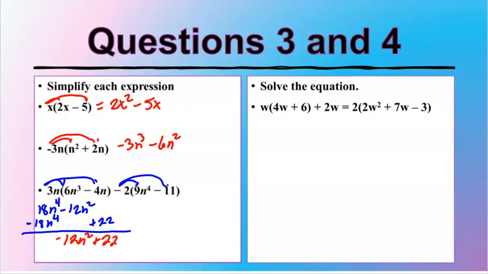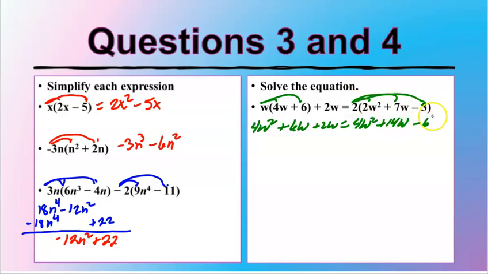Question 4, solve the equation. So we want to get rid of our parentheses first, so I'm going to distribute. So that's 4w squared plus 6w plus 2w. And the right-hand side, distribute the 2. That's 4w squared plus 14w minus 6. We want to combine like terms on each side, so we got 4w squared plus 8w equals 4w squared